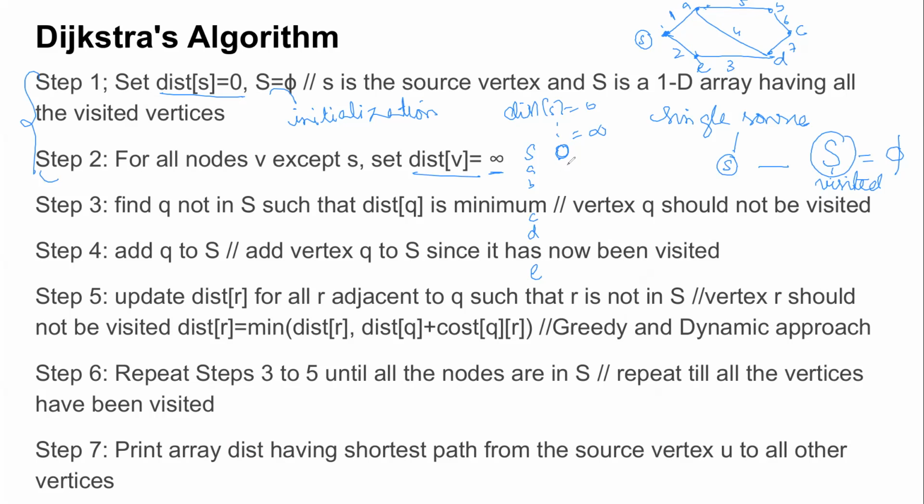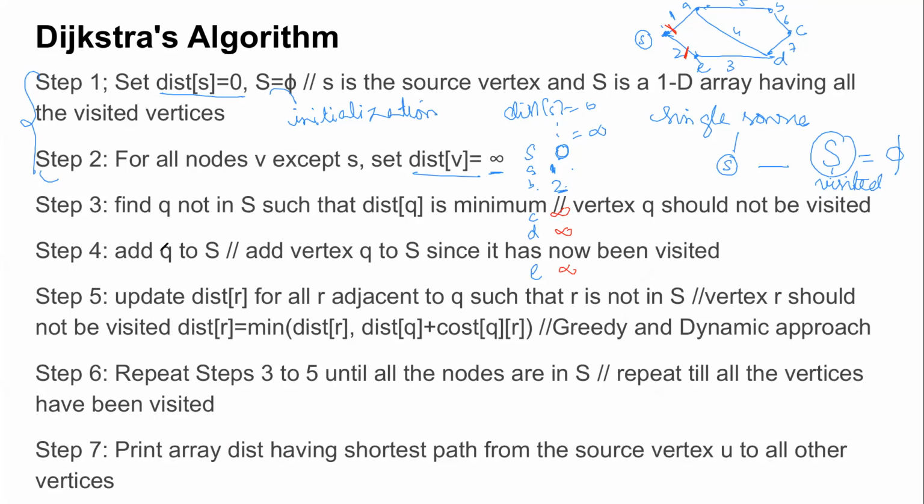Very good, A and E. So for A and E, I'll put the cost, that is, the weight of the edge between them. That is your 1 and 2. All other vertices are currently unreachable because I'm just looking at my one-hop neighbors, first shot. In the first shot, I'm able to touch only 2 of my neighboring nodes. So I put their costs as 1 and 2 and all others are infinity.